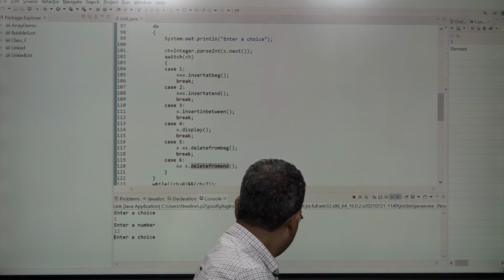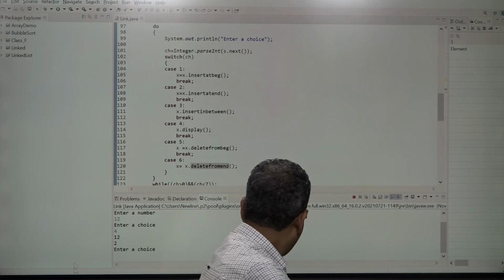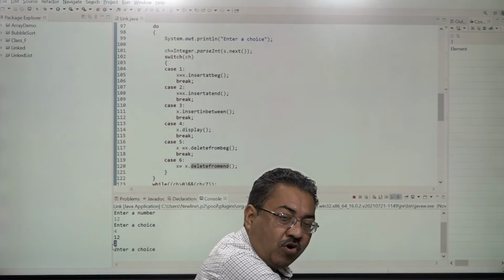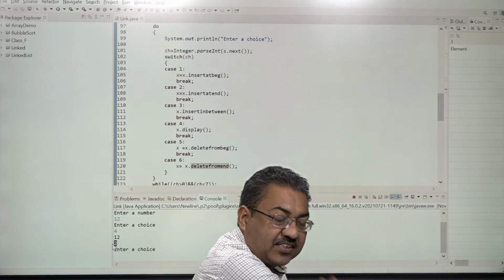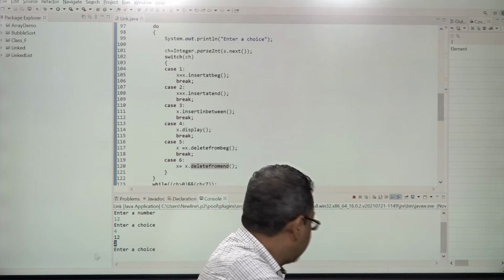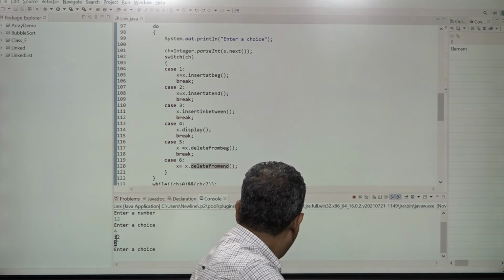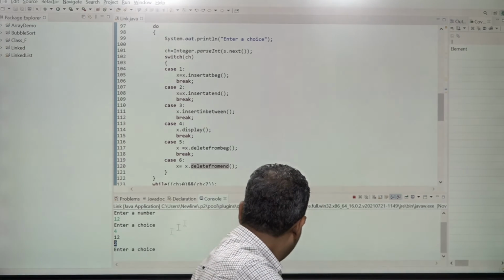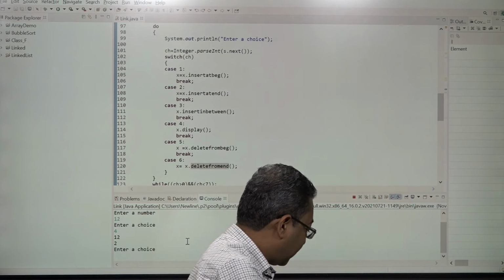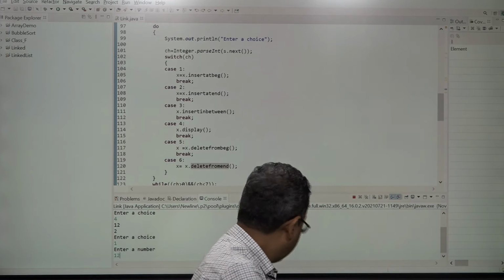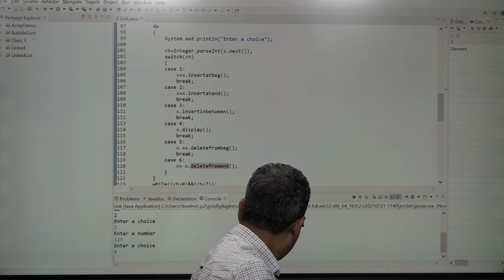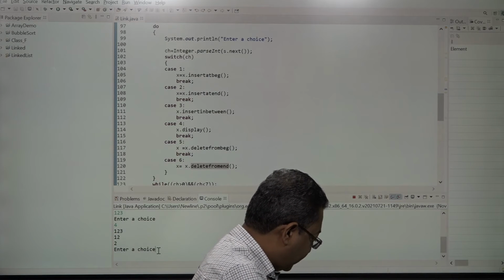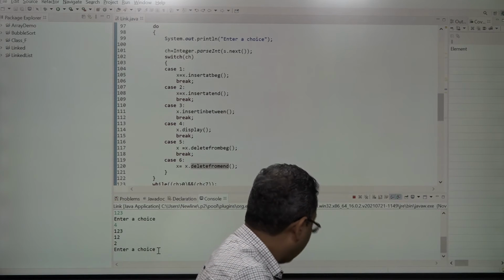Now see what it contains. The linked list was already with one node containing the information part as 2. Next, I have created a new node and given it the information as 12 and inserted it at the beginning. So it is inserted. Now again go for the insertion at the beginning, and let's see what the contents are. 123, 12, 2, and one more insertion. Okay, let's go for the insertion at end.